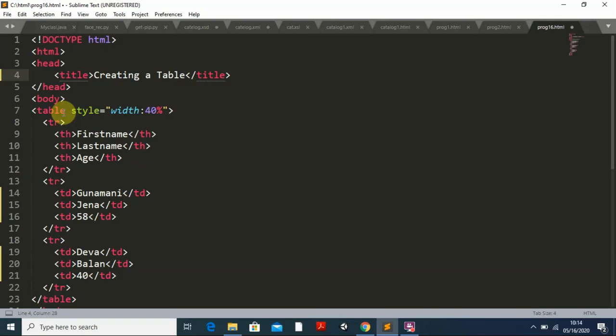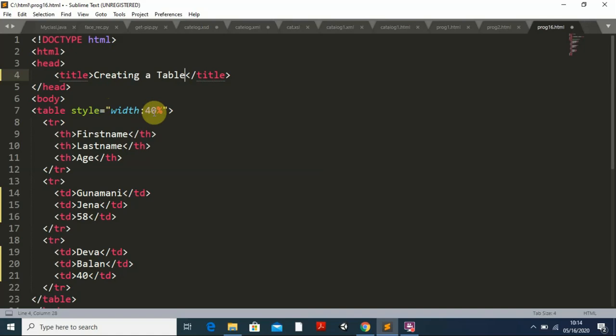So it is a general type of table, and it is not given in the form of a box. It's just like an open table. I put the table style is equal to. You can create a number of styles, but without going for cascading style sheets, I am giving it here. Table style is equal to, I am giving width is equal to 40%. How do you write one style? The parameter I give is under double quotation. I give it width colon 40%.